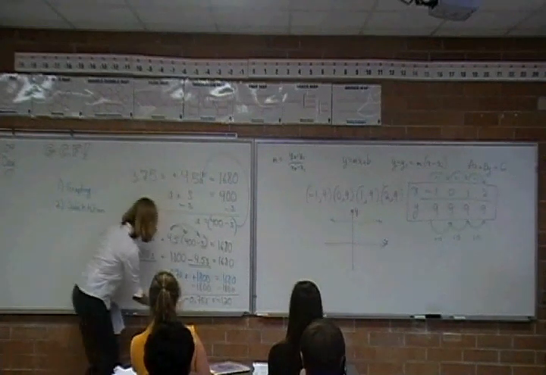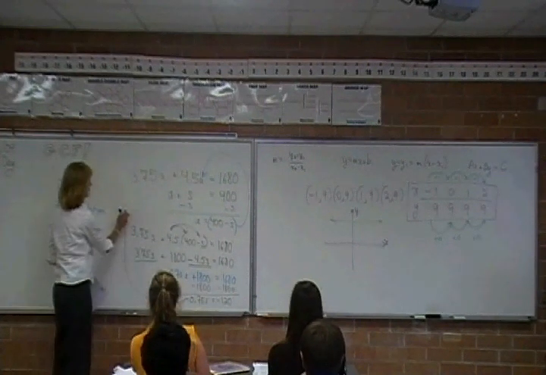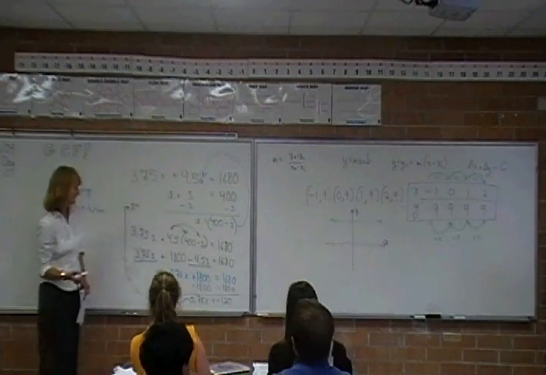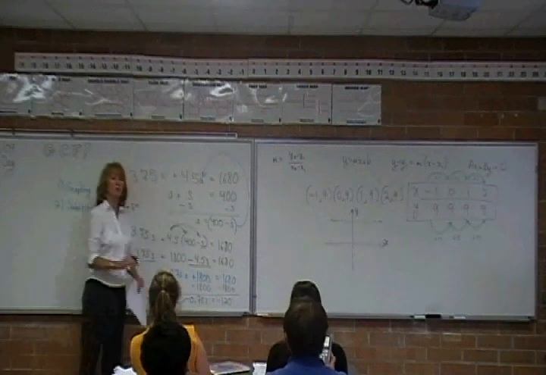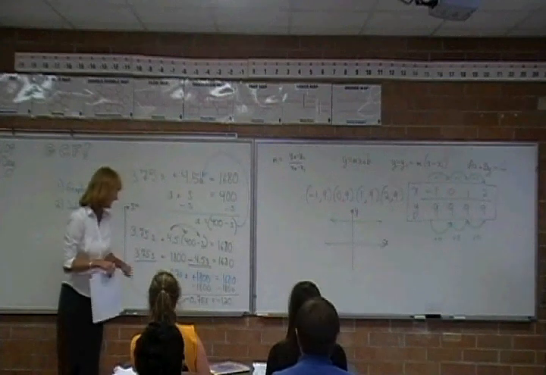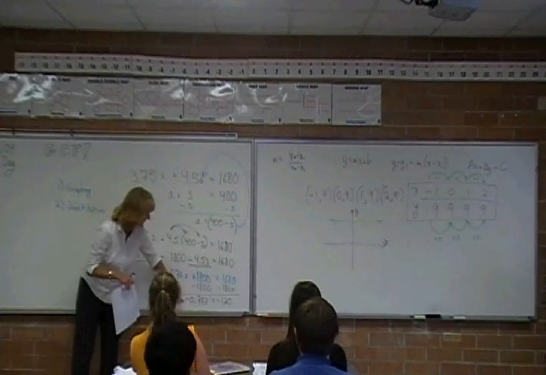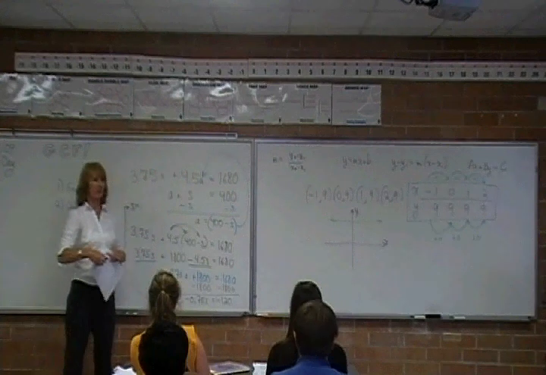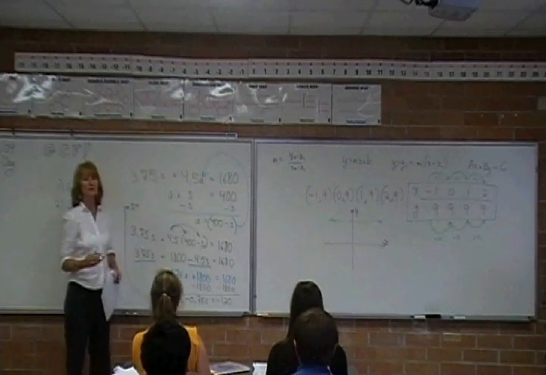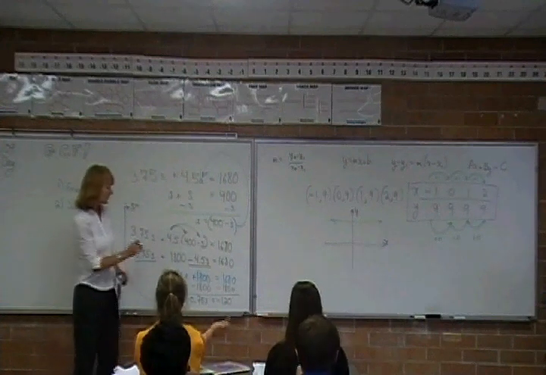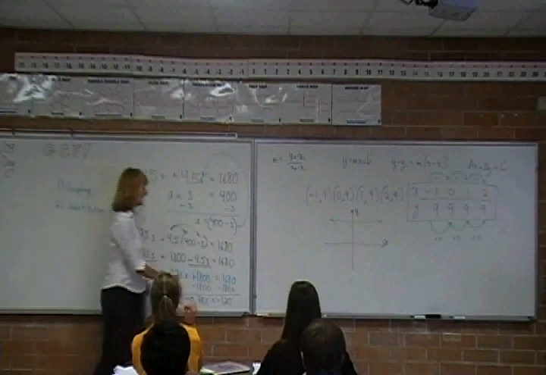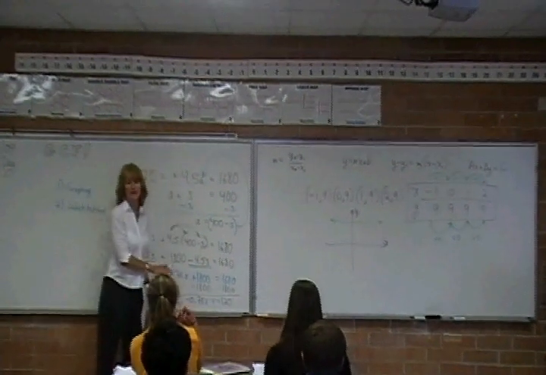Dan, I see you figuring it out. What do you have? S equals what? Negative 0.75. So 120 divided by negative 0.75. Positive. It'll be positive because we have a negative divided by a negative. So in order to find S, you need to divide. I'm sorry you can't see that very well. I don't know if the camera can see it. You need to divide by negative 0.75 in order